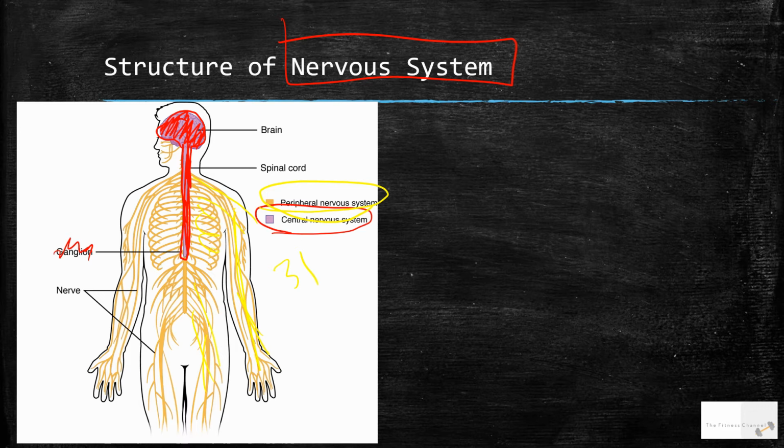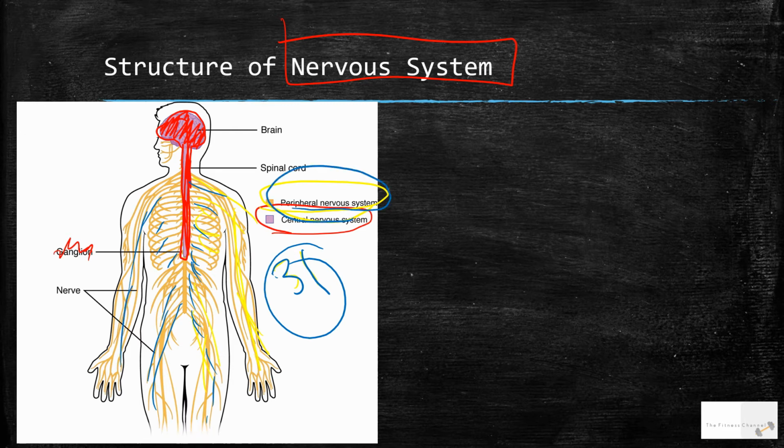So there's actually 31 pairs of nerves which come out from the central nervous system and branch out all over the body. And that is your peripheral nervous system. Now your peripheral nervous system is split into two different sections. So if we take the PNS here, which is the peripheral nervous system, part of that nervous system you can